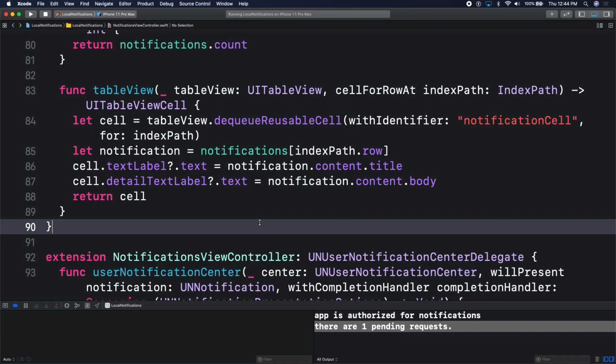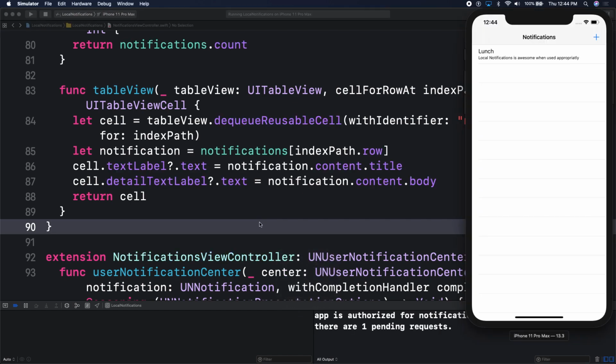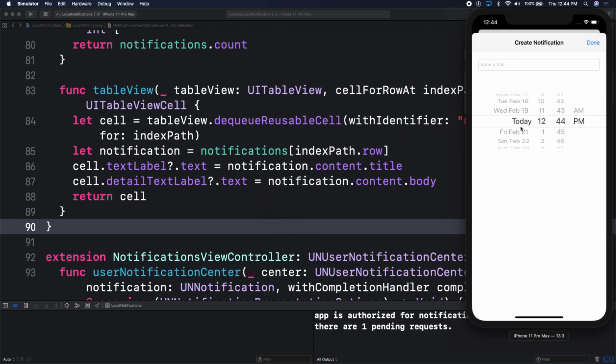Cool. All right, let's fire it up. Oh, look at that. It just works, right? That's like one of the things, we need bugs, right? Okay, so we have one pending notification. It shows up in my table view with lunch. If I create the next one, what's today? Tomorrow is, I'll create one tomorrow. I'll say call location lesson